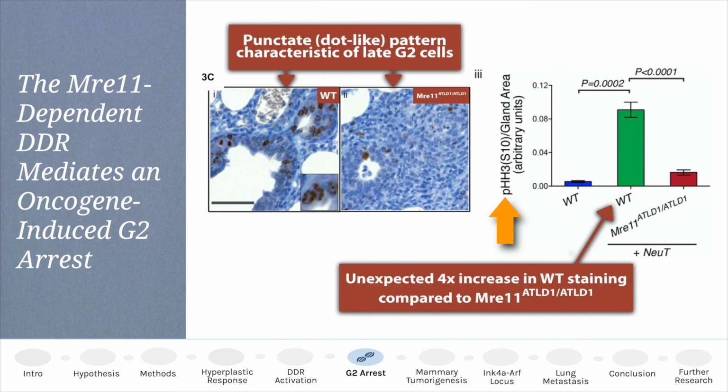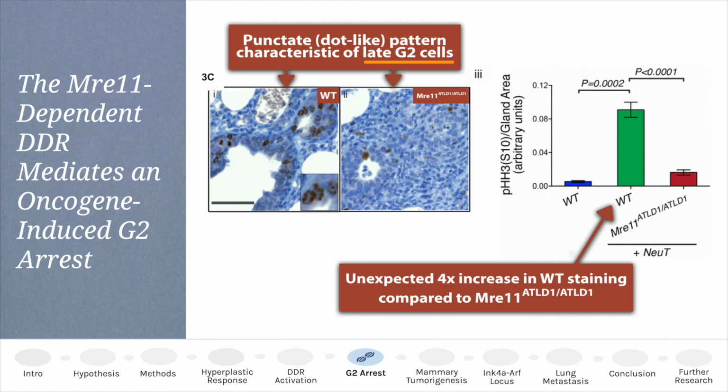PHH3S10 is deposited at heterochromatin in the late G2 phase of the cell cycle and is thus a marker for cells in the late G2 mitosis phase. The PHH3S10 staining pattern observed indicated that the PHH3S10 signal represented pericentromeric staining that was associated with late G2 cells